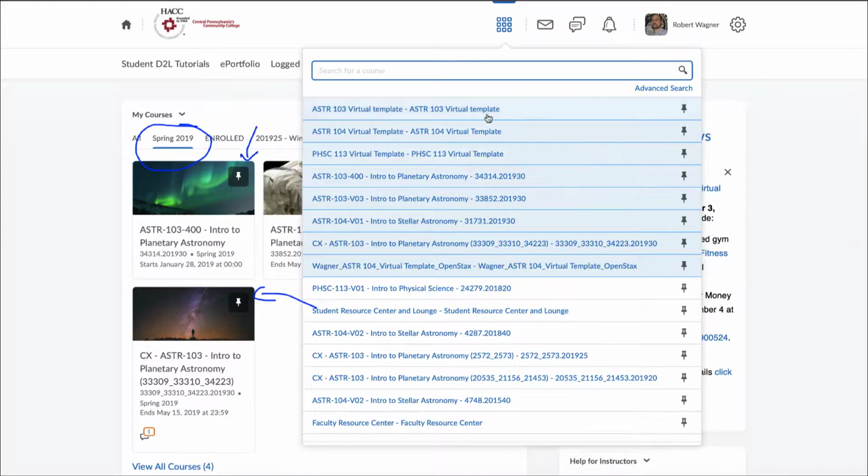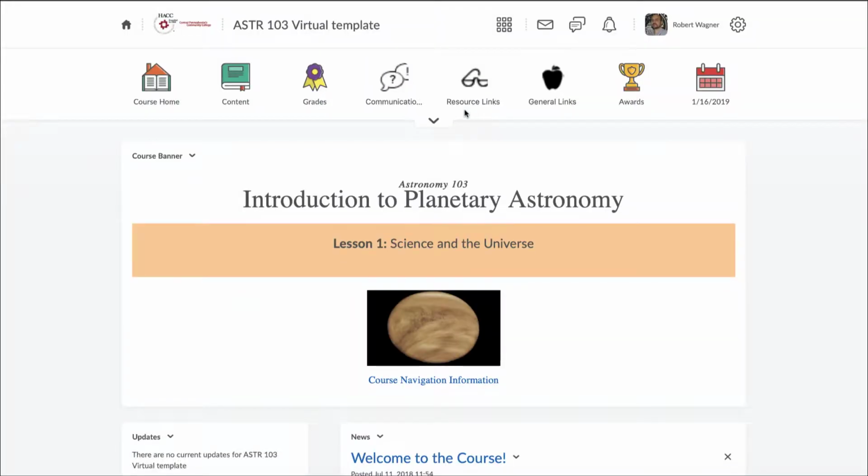Now we're going to take a look at one of these classes as an idea of how you can navigate. Let's go into my class and see what you would do. My class is set up with a banner at the top, which will always tell you the current lesson or lessons on which you are working. In this case, it shows lesson 1 and the topic that we're using. Down below will be the news and any other updates for the class.